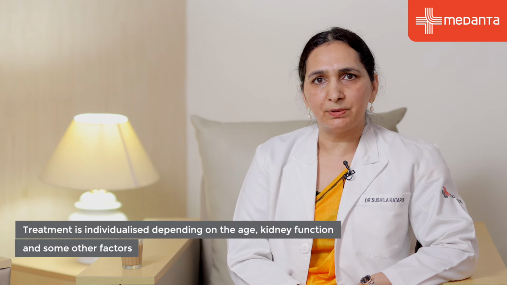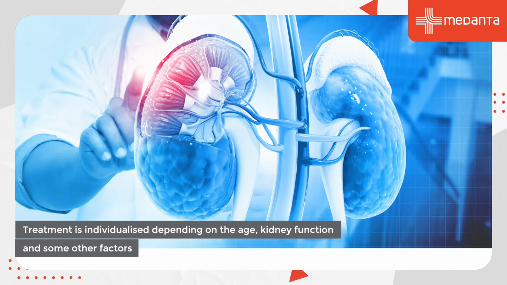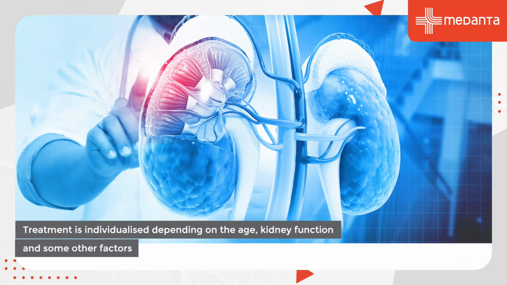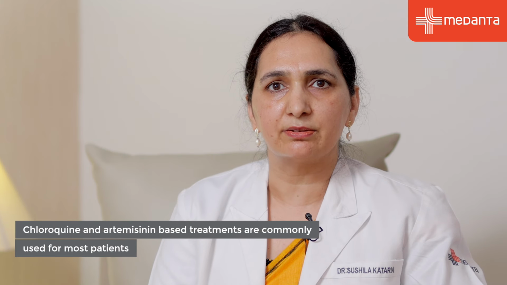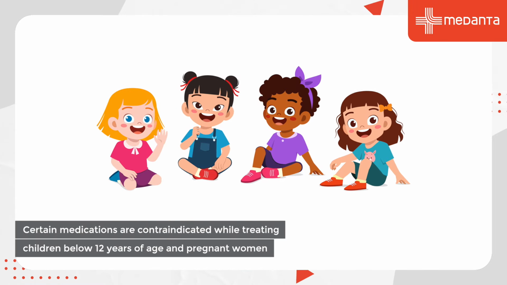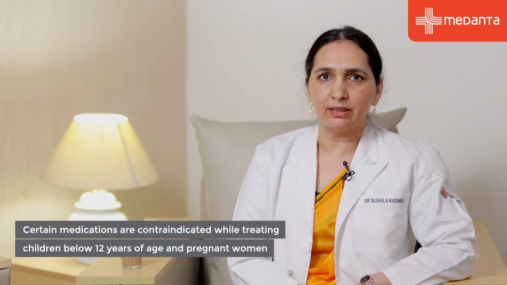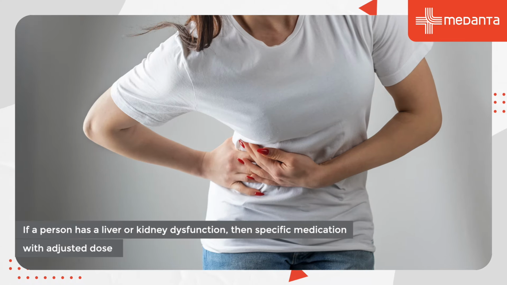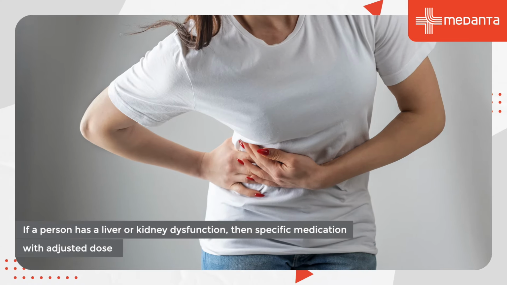Treatment needs to be individualized depending upon the age of the person, the kidney function of the patient and also a lot of other factors. But some basic things like chloroquine and artemisinin-based treatment is common for most people. In pregnancy, we cannot use certain medications and also in children less than 12 years of age, some medications are contraindicated. So treatment has to be tailor-made for a person. If a person has a liver or kidney dysfunction, then also some specific medication and their dose needs to be